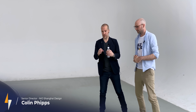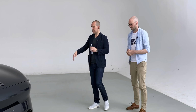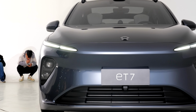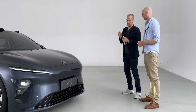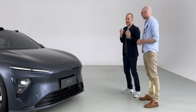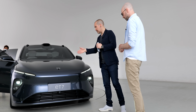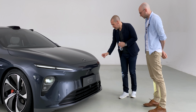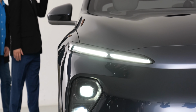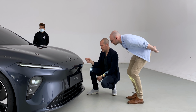Yeah, so starting in the front, you know, the X-Bar was a big part. The double dash lighting element and the X-Bar were 2 features and the diamond cut plan view of the car. 3 things that are in all of our front ends. And so this quest for purity and reduction and this relentless pursuit to make things more easy to understand, we convey that in the following way. So we exhibit and pronounce that diamond cut plan view, celebrating the double dash even more by kind of pulling this light away and really showing the top of the core meter lens with a lot more dimension and depth,